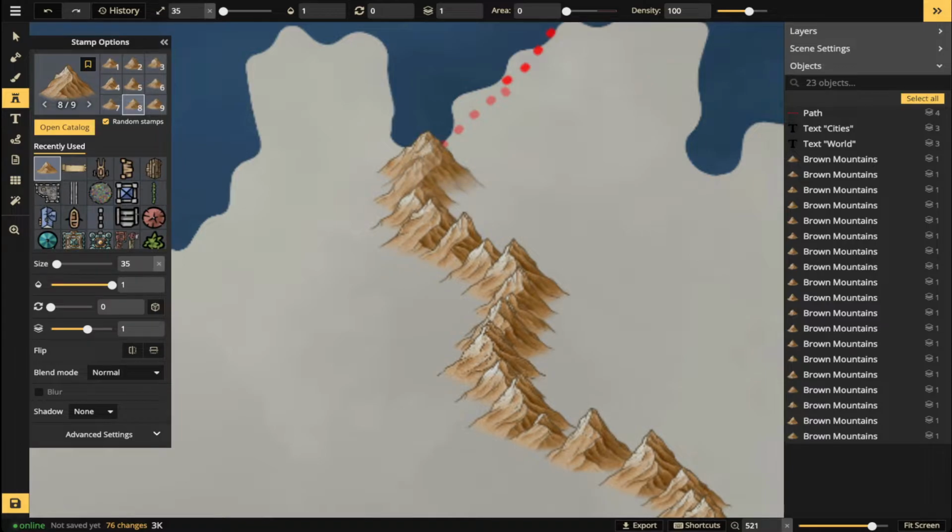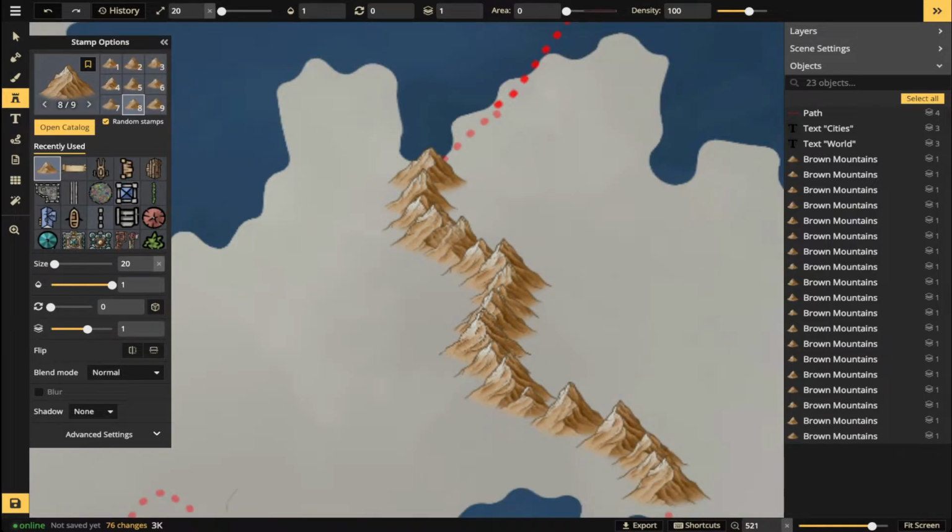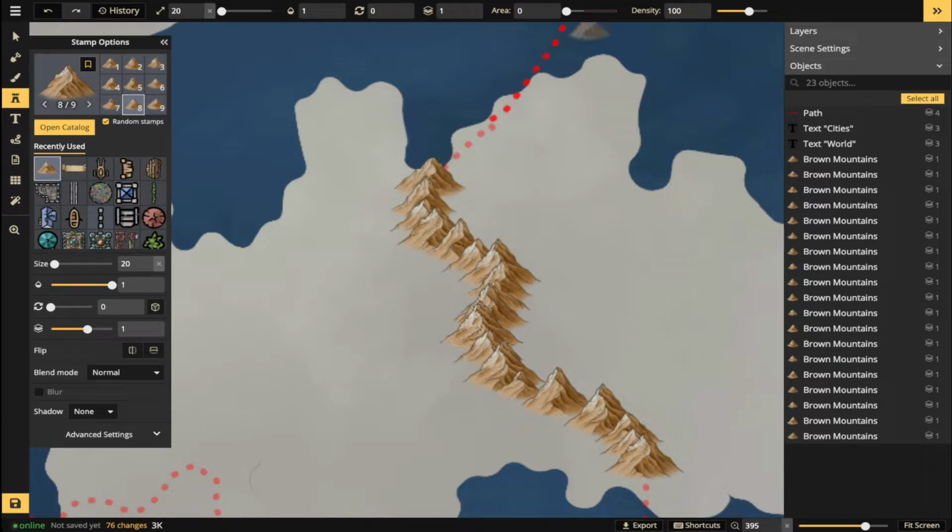now we can go in and drop down the size to, let's say, about 20, okay? Now I'm gonna do this with single clicks instead of dragging, or you can drop the density down. So let me drop the density down. Let me just verify the difference, the spacing between them. Yeah, that works fine. So now I'm going to go in on the left side and just start putting in